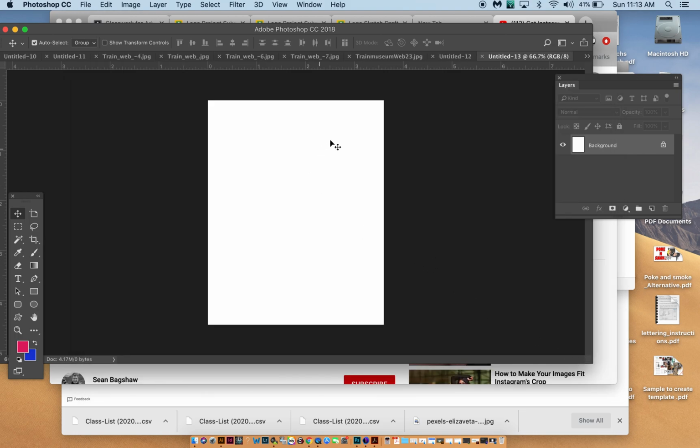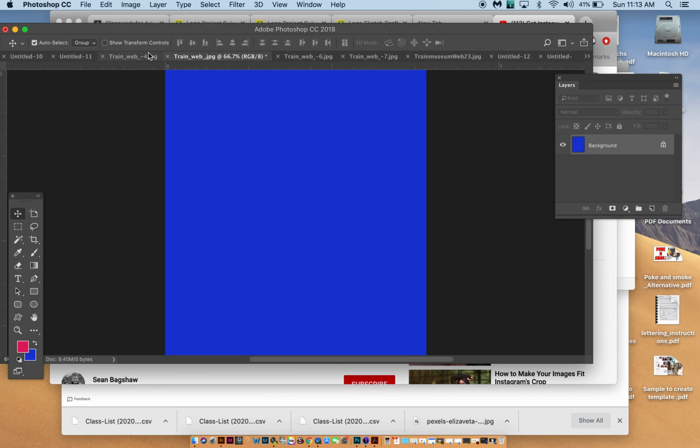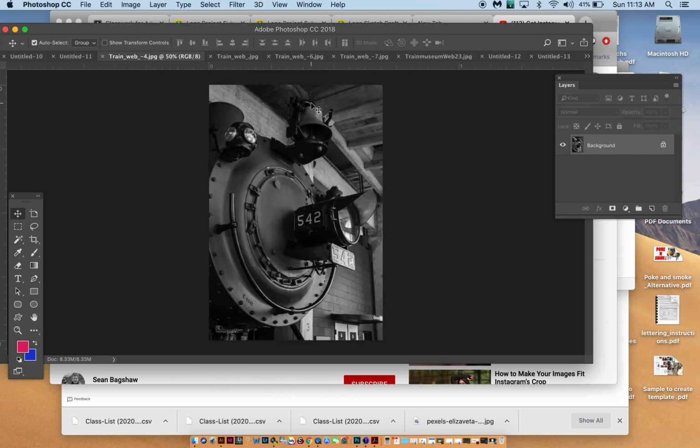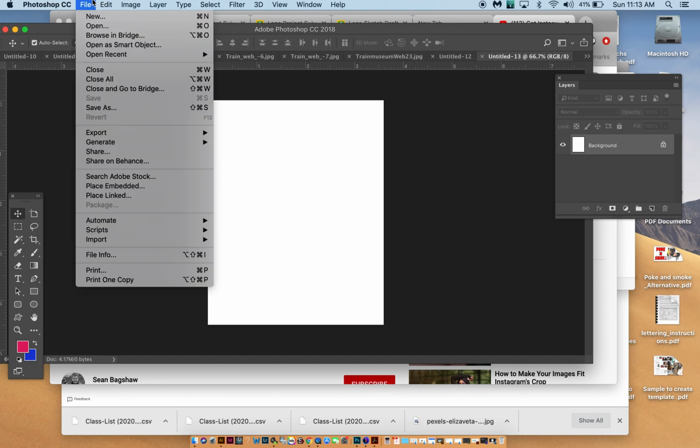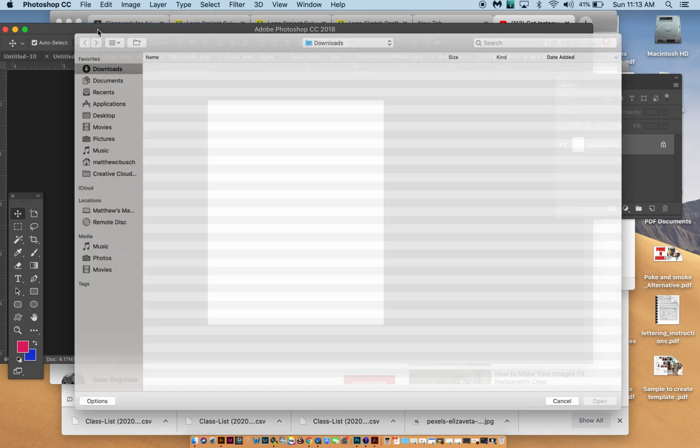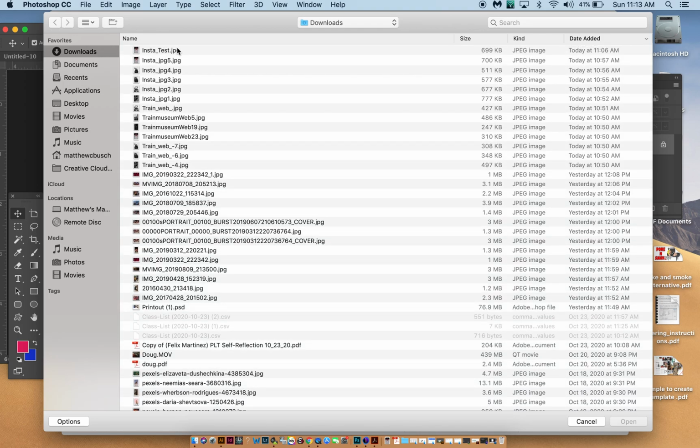Now instantly you can tell the difference between this one right here and the last one I had up a second ago. That one looks a lot thinner and a lot taller or longer. So let's look at this one. This looks like a sheet of paper almost. Okay, so I'm going to go to File, Open, and I have downloaded a photograph onto my computer,